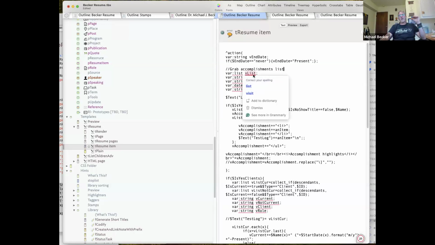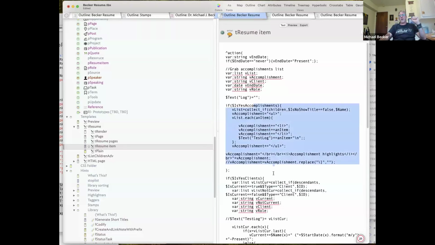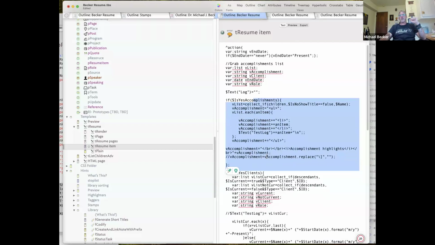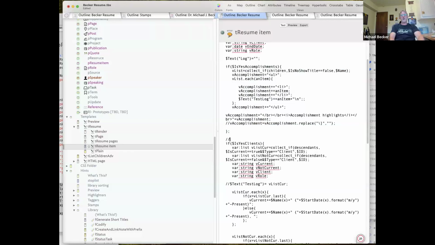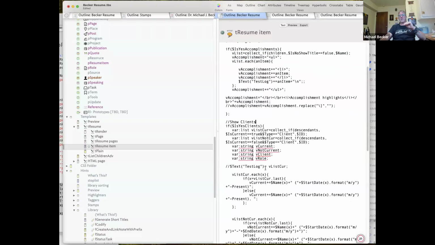Right. Remember I showed you those Boolean check marks in the note. If the Boolean is yes accomplishments, meaning I want to have the accomplishments listed in the output, trigger all of this code here, which is essentially generating and building an HTML bulleted list of the accomplishments. And then this one's clients. Show clients. If the Boolean yes clients is set, I want you to show past and current clients,